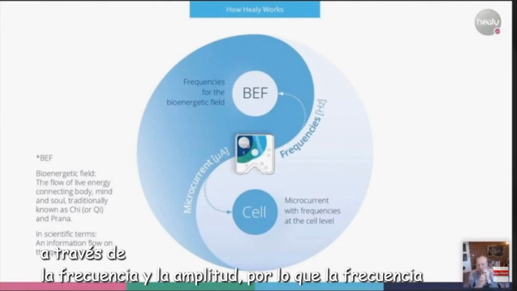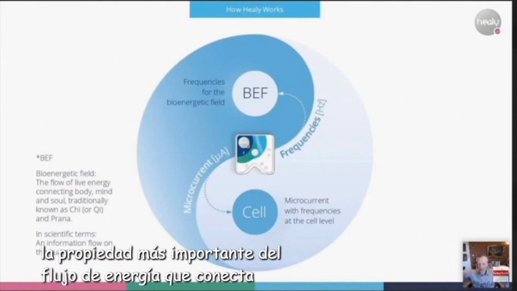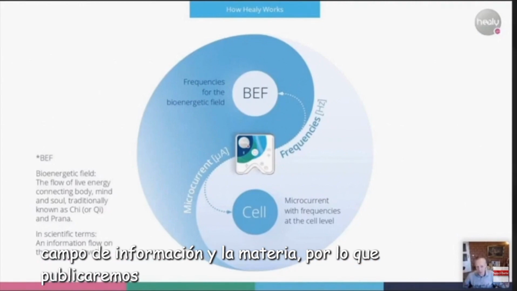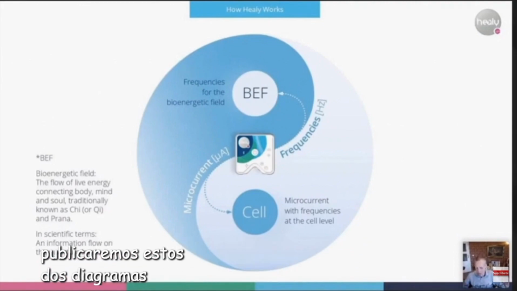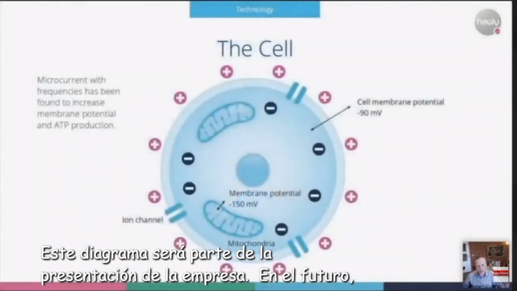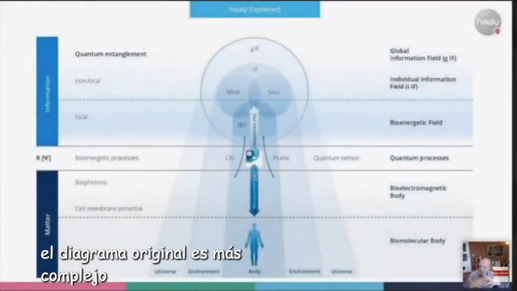So frequency is really the most important property of the energy flow which connects information field and matter. So we will publish these two diagrams very soon. This diagram will be a part of the company presentation in the future, whereas the original diagram, which has more complexity, and I have written 2 pages of